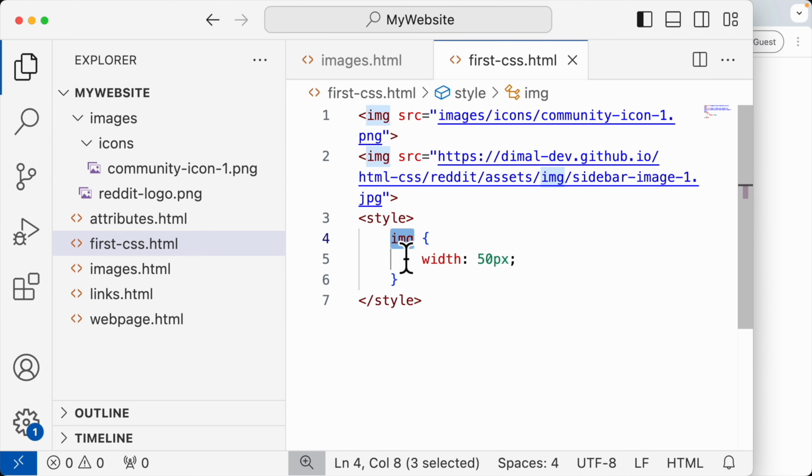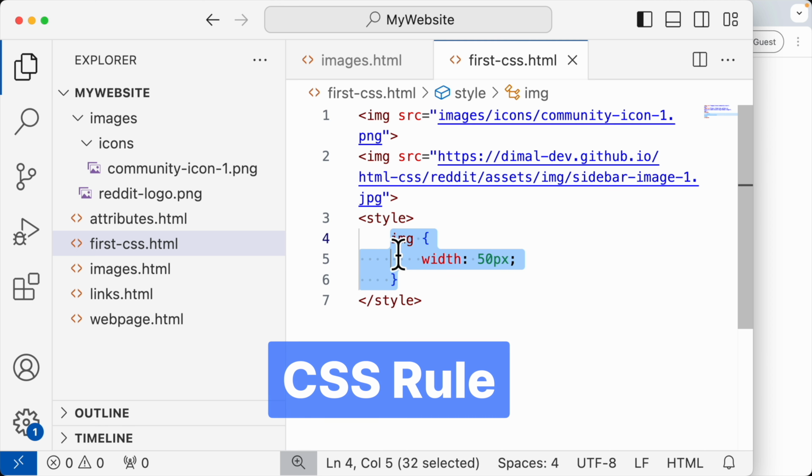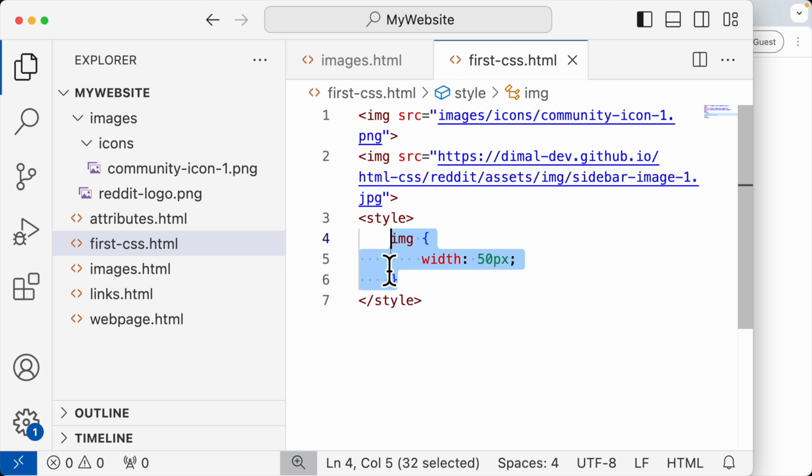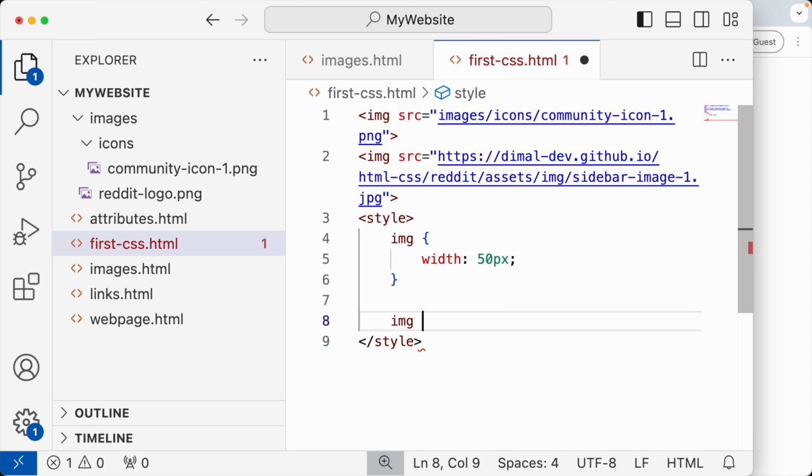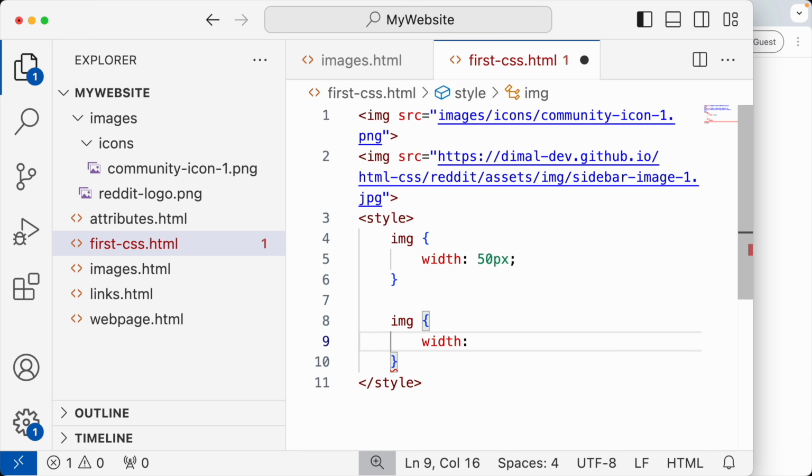Okay, a CSS selector together with the list of CSS properties that it changes create a CSS rule. As you'll see later, usually we can write hundreds and even thousands of CSS rules like this for a single website. This CSS rule sets the width of all images on the web page to 50 pixels. But what if we want different images to have different widths? What if, for example, we want this first image to be 50 pixels wide, but the second image to be 150 pixels wide? We can, for example, try to add a second CSS rule that sets the width to 150